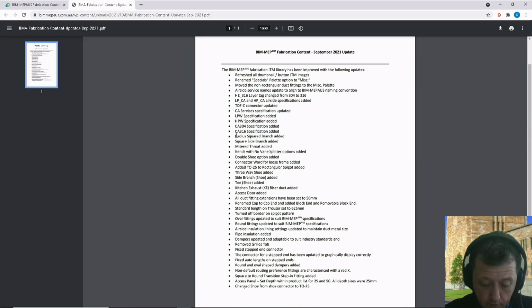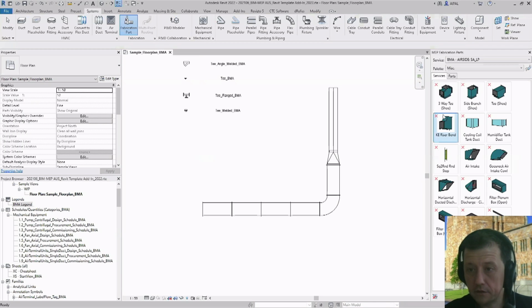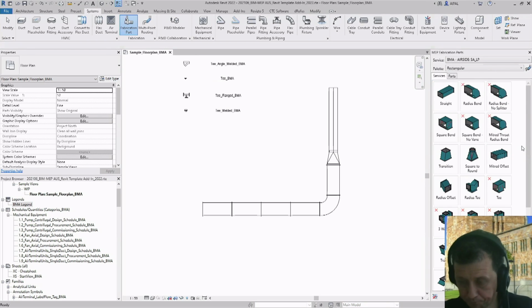Then there are some new parts. We have the radius square branch, square side branch, and, maybe up to here, mitered throat. Just to show you very quickly where you can find these: they are in the rectangular palette here. And here we have the square side branch, the radius side branch, and the mitered throat. Other than that,